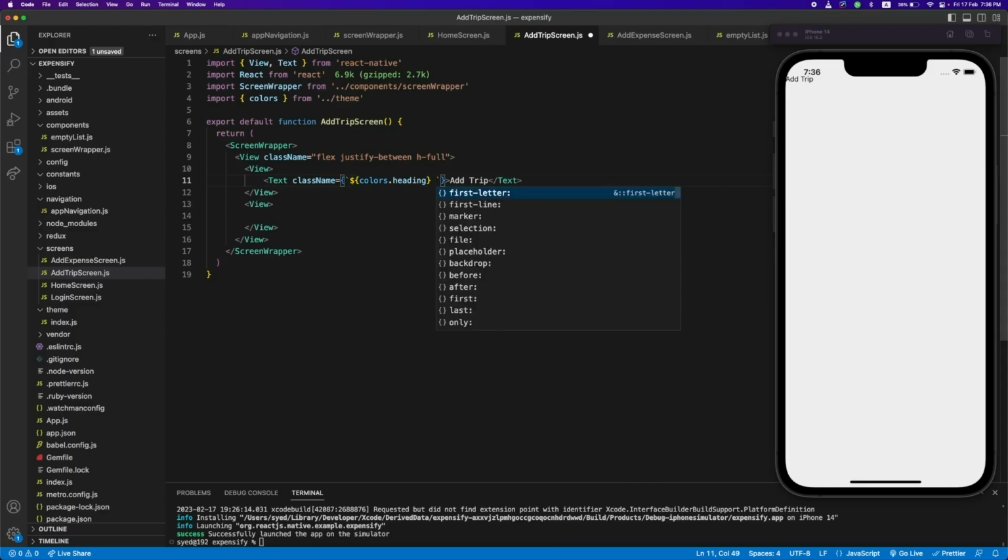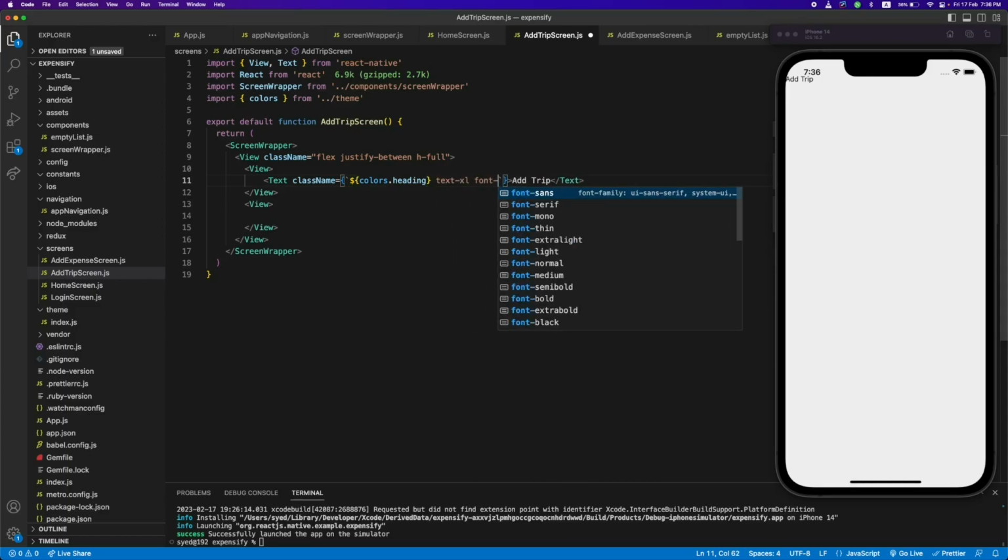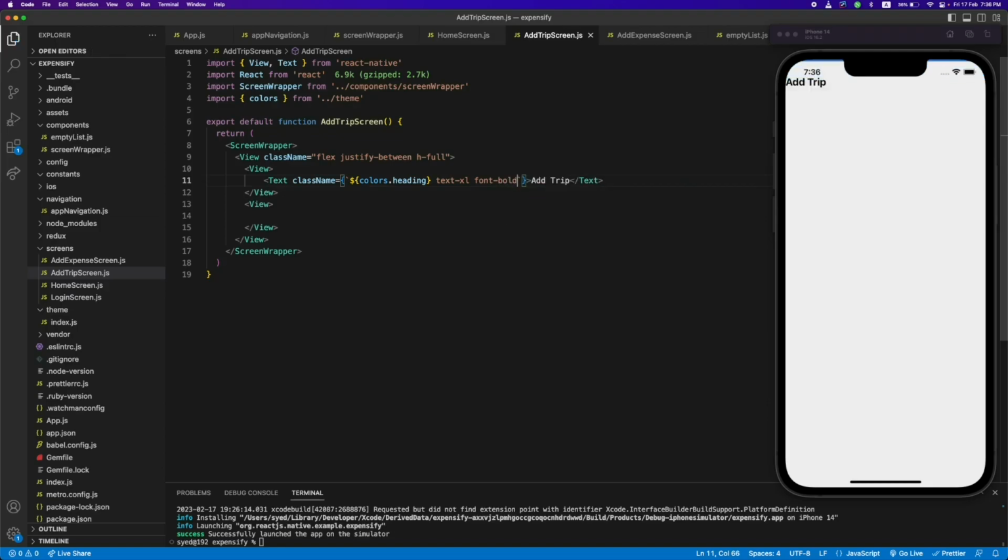Adding, and text should be large, font bold, and it should be centered like this. Okay, the next thing is we need to add a back button here,